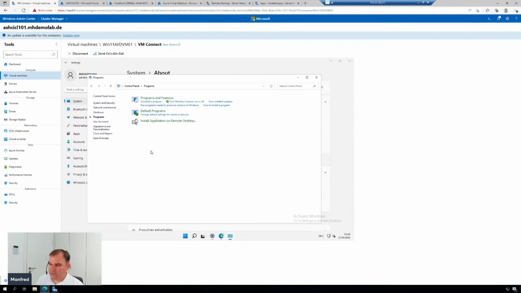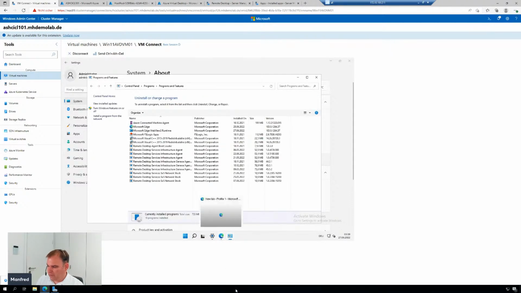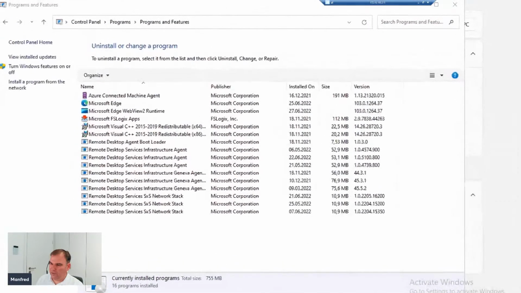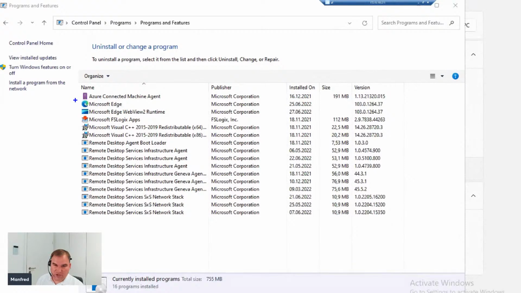We have access to the programs, and here we have programs and features. There we can see several agents that are not there by default. Microsoft Edge is there on every modern Windows client. The Azure Connected Machine Agent is there because we have the requirement that the Azure Virtual Desktop VMs are Azure Arc enabled. Then we have the